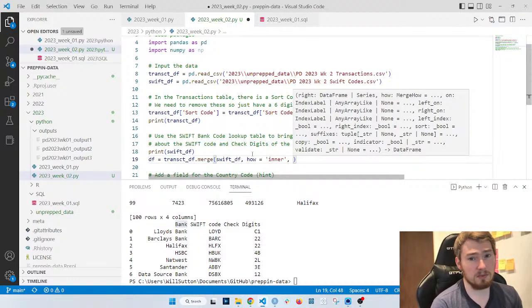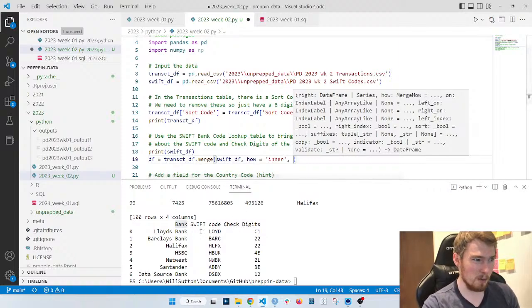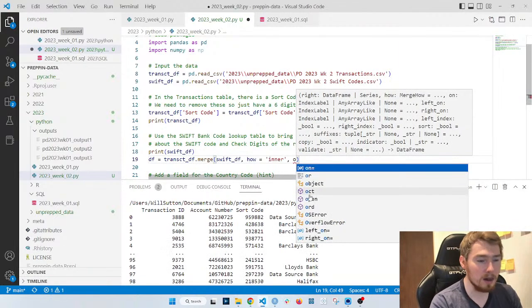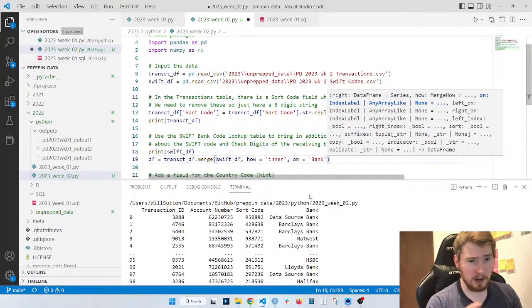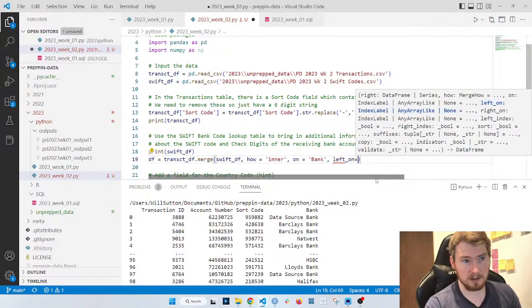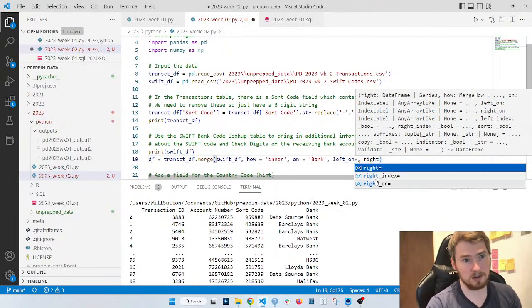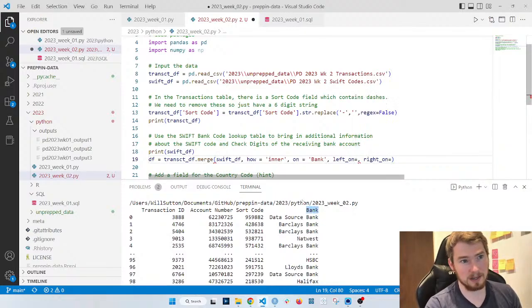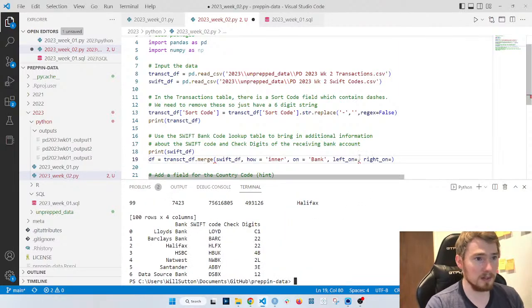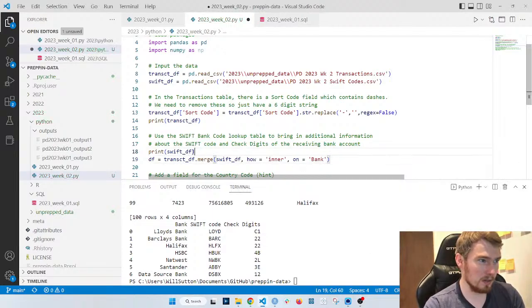And then we've got to decide what we want to join the code on. So identified here, there's a common column called bank, so I can join on bank. If you had columns that were different names, you would have to specify left_on and then right_on. So say if this was bank name, I'd have to write bank name here, and then right would be on bank. Just one to be aware of at times. But in this case, I think we should be all right. Fingers crossed, eh?